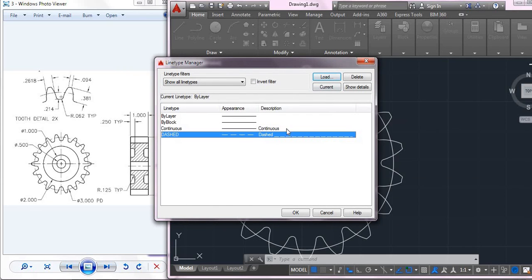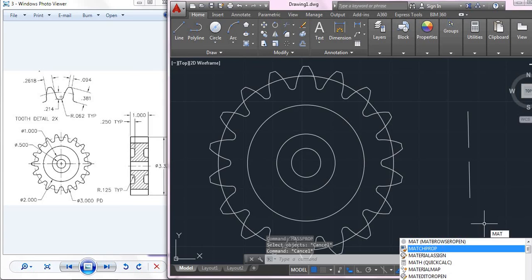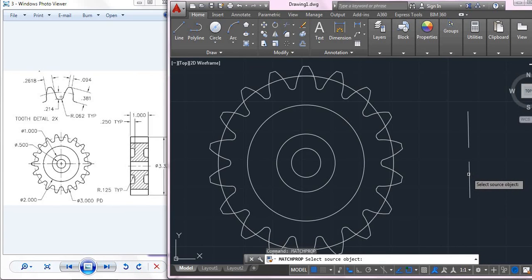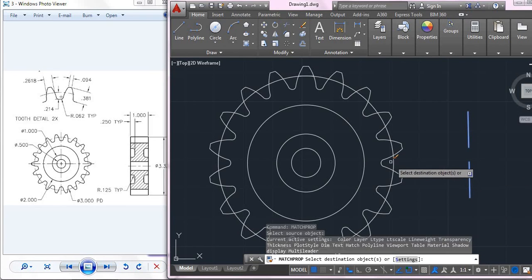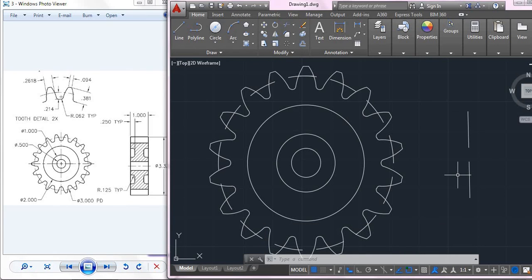Let's set this as current. I'll draw a simple line with the help of this. You can see like this, a dotted line. Go for match properties, and we'll match these properties to this circle, so that you get a dotted circle like this. Okay, this is how we draw the gear drawing in AutoCAD.